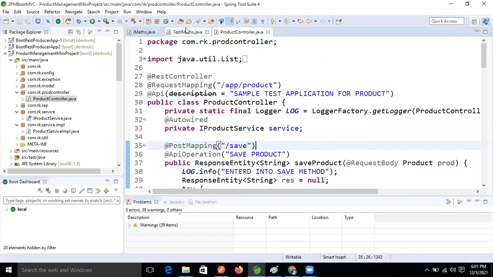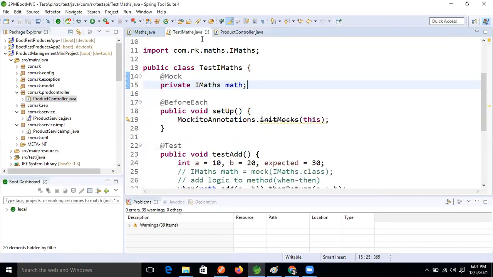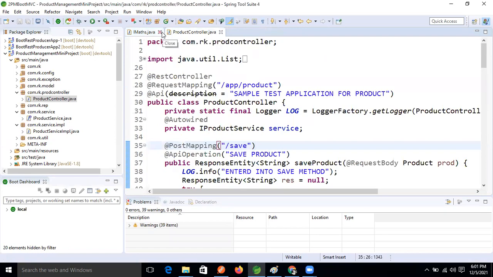Now let's forget about that last session. That is just the overview knowledge, and why we are using Spring mocking, why we are mocking the object. For that purpose I created all those things as a dummy, guys. But now let's finally work on our project area.